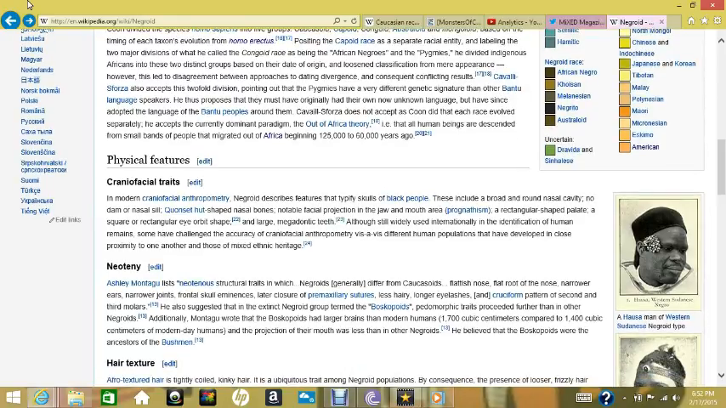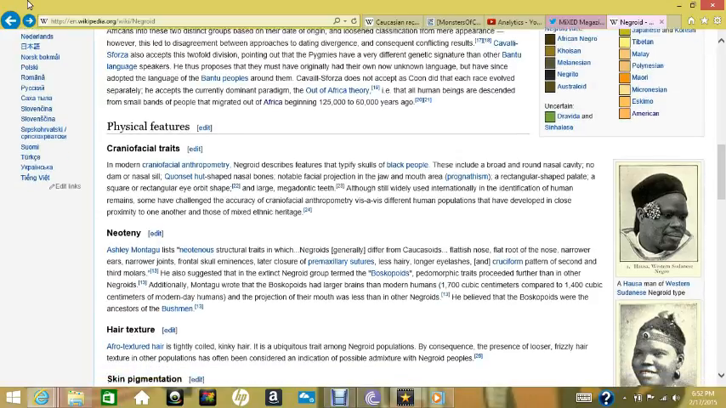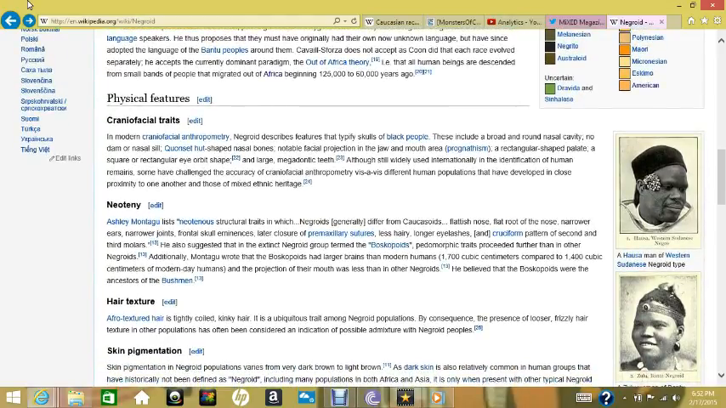However, this has led to disagreement and conflicted results. I mean, this guy knew what he was doing, and this is what they say. This so-called African theory. They always say this. And Blumenbach did not accept, as Cuvier did, that each race evolved separately. I love this right here. He accepted the dominant Out of Africa theory that all human beings are descendants